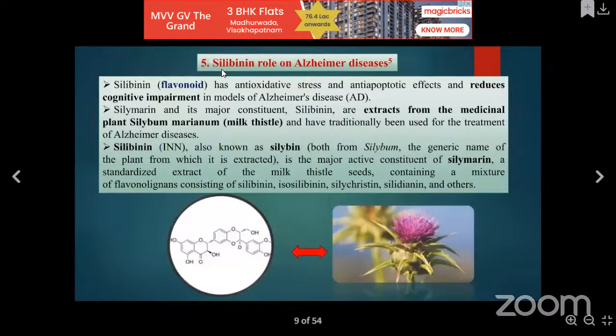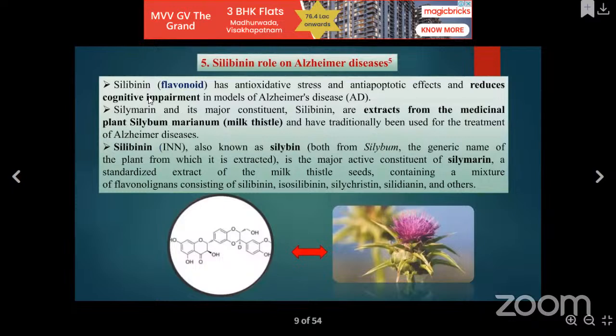Okay, this silibinin. It is from a plant known as Silybum marianum. Another common name is milk thistle. Have you seen this plant ever? Silibinin is a flavonoid. So earlier you have seen terpenoid, polyphenol, nitrogen containing compound, and this is a flavonoid. Okay, as